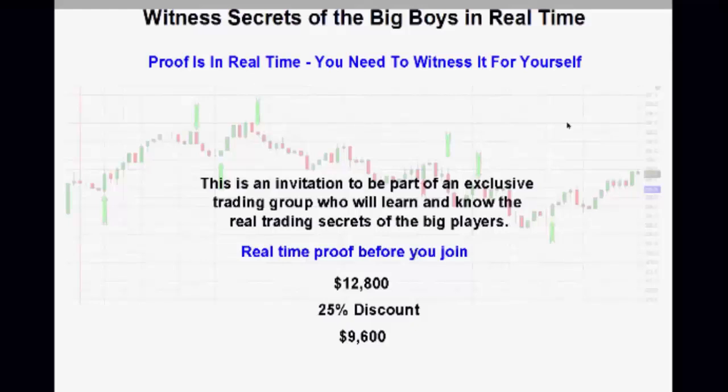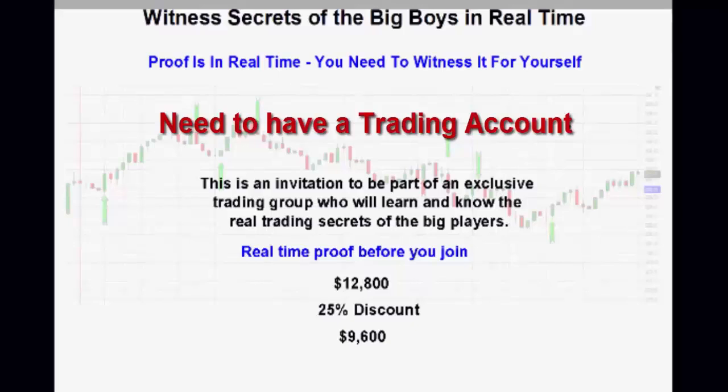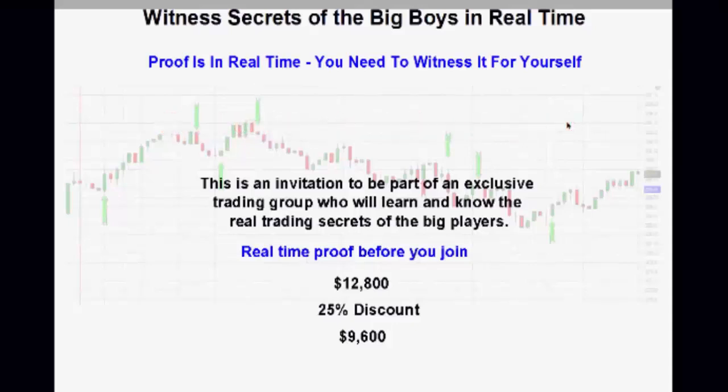Now, of course, you'll also need to open up a trading account. Typically, they're a minimum of $2,000 to trade a contract. The minimum margin requirement for the S&P Mini that we trade is $500. You normally need a minimum of $2,000 to open an account. We suggest you open an account with $4,000 or $5,000 at least. Some people will open an account with $20,000 or $30,000, or they already have an account. You may already have an account you can trade with. So, this is what we have.